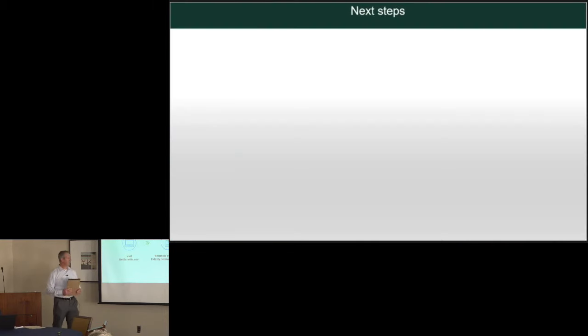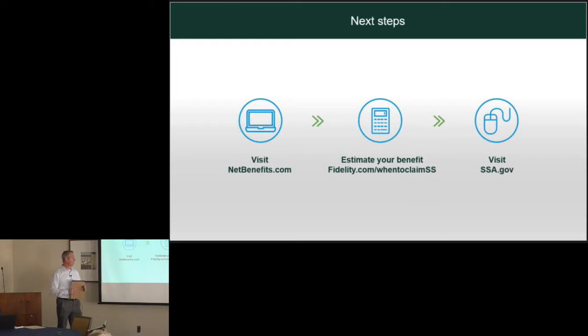So these are some of the websites you would want to visit. If your retirement account's with Fidelity, this is the Fidelity NetBenefits website. That's where you can go on and review your contributions, review your investments, make sure your beneficiaries are up to date. Everybody I meet with, I'd say maybe 60% of people I meet with have their beneficiaries the way they